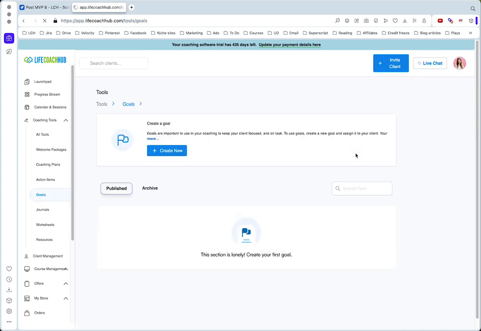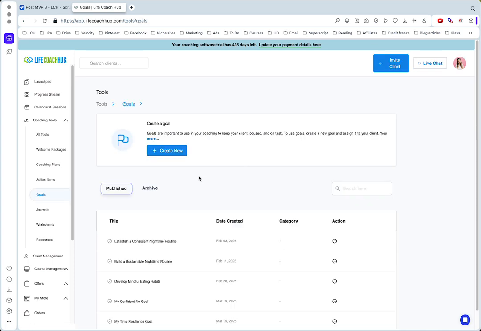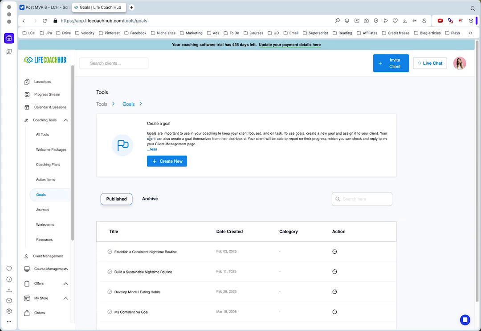So goals, obviously we all know what goals are. How are they different from action items, you might be asking? Well, an action item generally is shorter term. It's something they've agreed to before the next session, perhaps, or maybe a couple of sessions hence. Whereas a goal tends to be a longer scope. So it might be something like